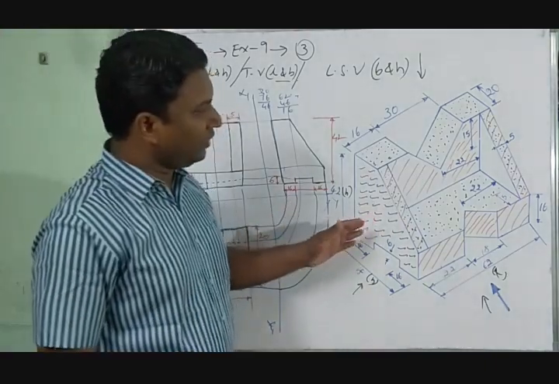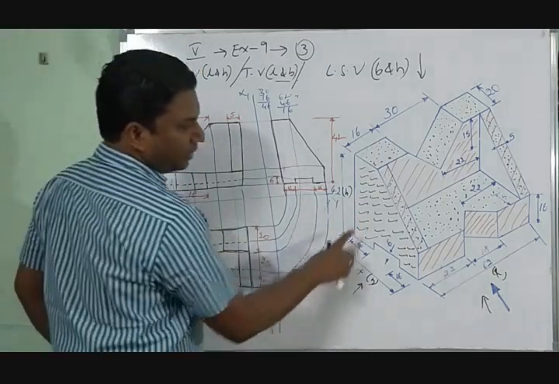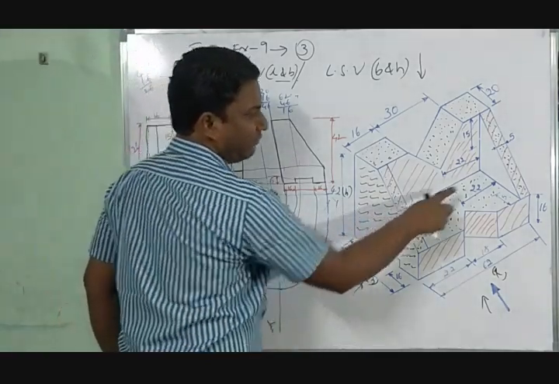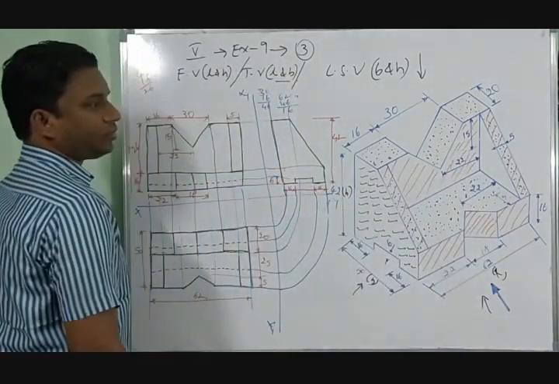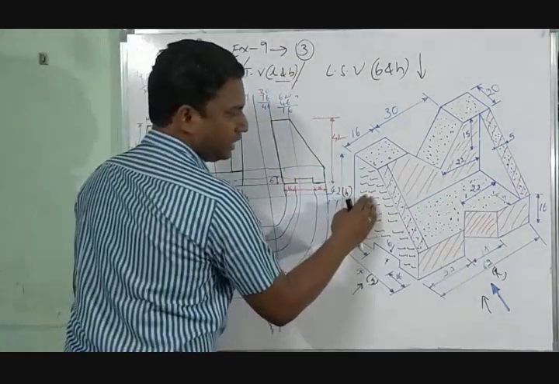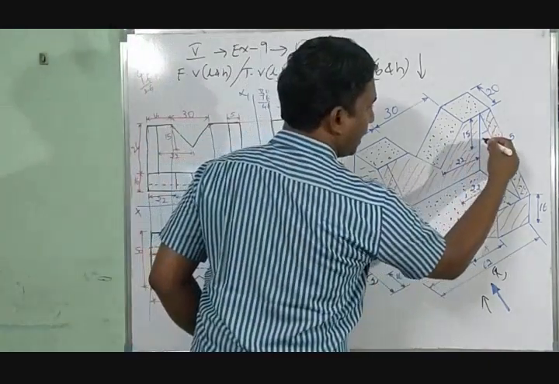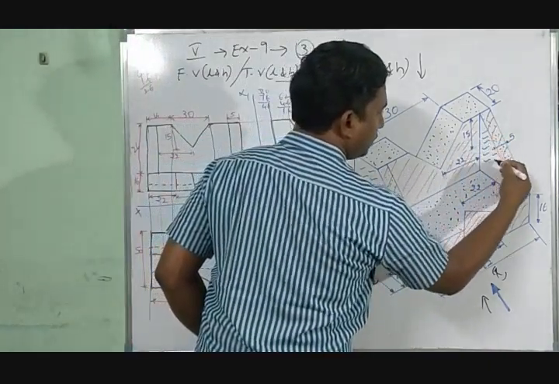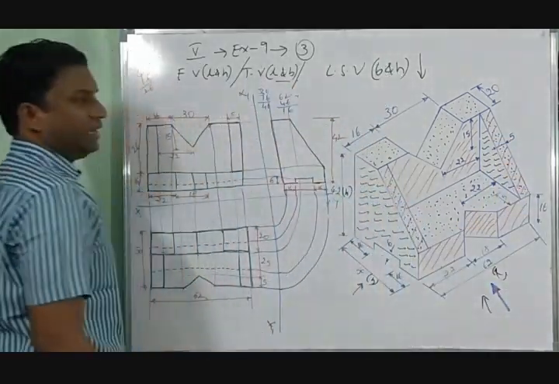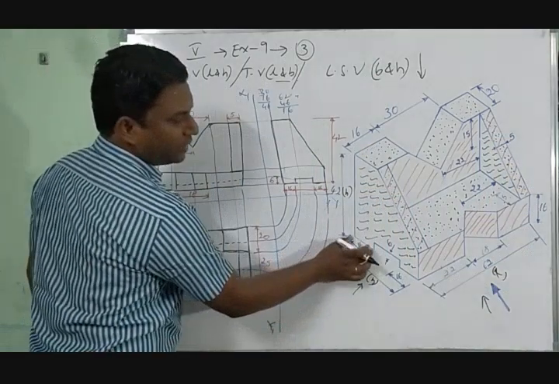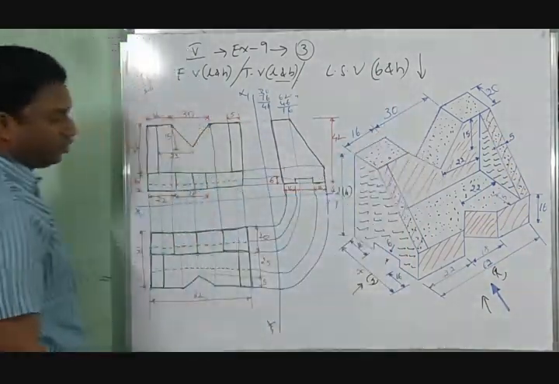I have clearly given. See, one more important thing: when you are looking from here, this place, in the same way on the back side there is one more web. Hope you understand. This back side, whatever is there, is also part of the side view, left side view. But in the left side view, when you are looking from here, it is 16. But what is that web? This actually is 20.